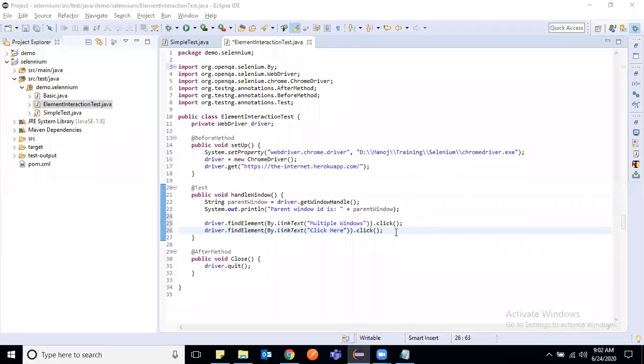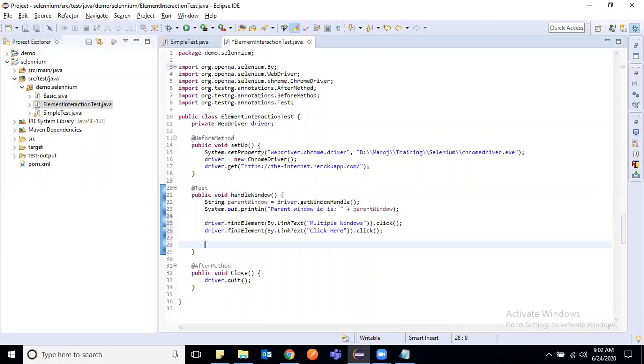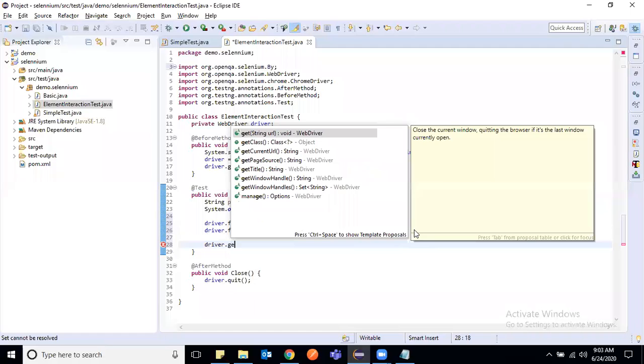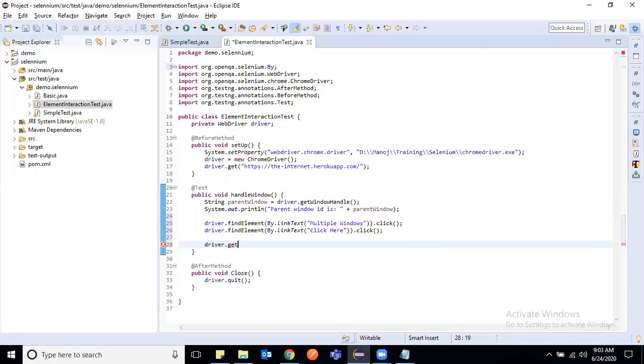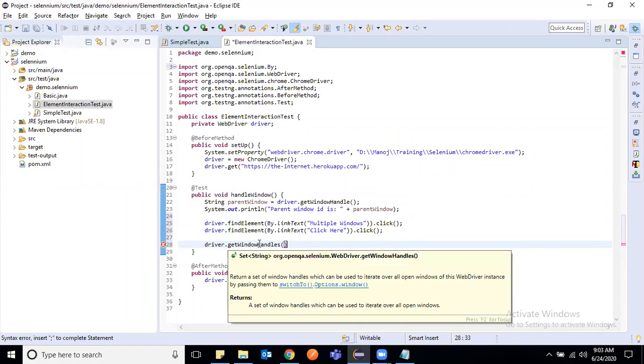So let's see how we can get that. Once we click on this link, we'll have one parent and one child window. Let me write it this way, it will be more clear: getWindowHandles.